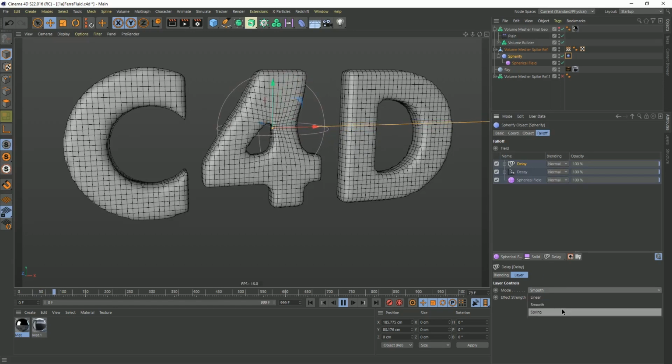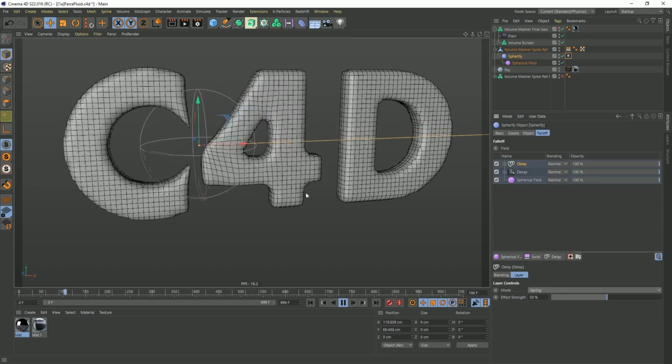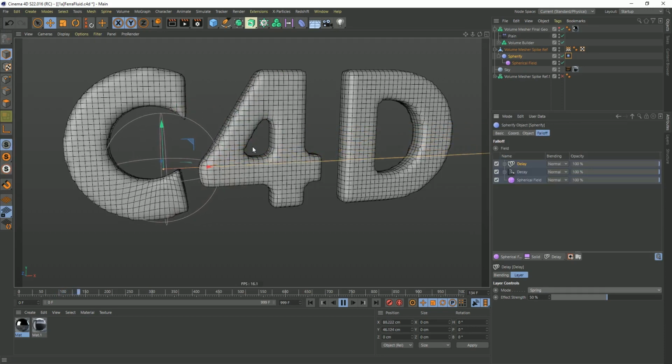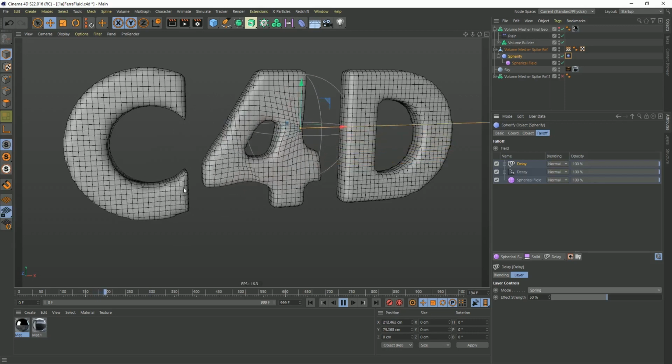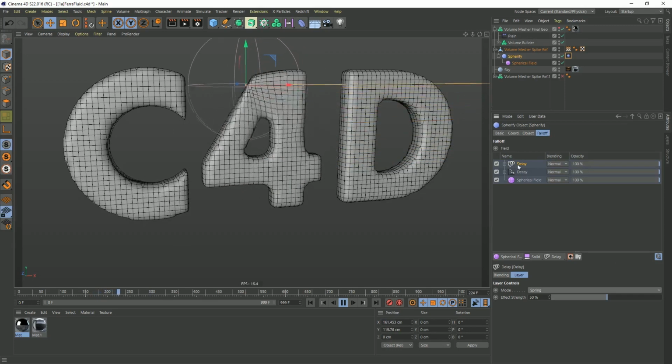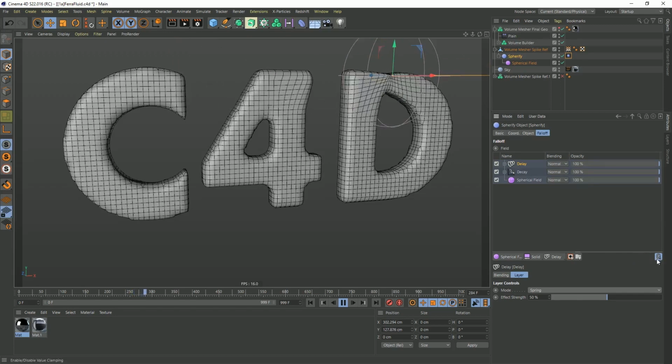But in this case, use a spring. If it's going to spring, you can see right now we get all this extra motion, but there's kind of a clampiness to it. You can see it snapping and hitting a wall really hard. That's because this is actually clamped. It's going from 0 to 100, which means it can't go negative. We can fix that just via turning off this clamp setting right there. Turn off clamp, and